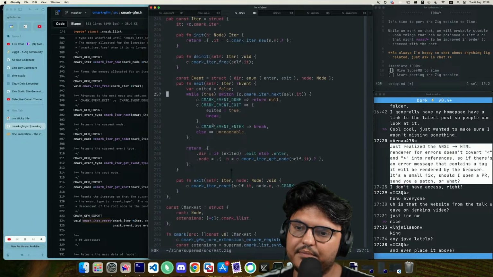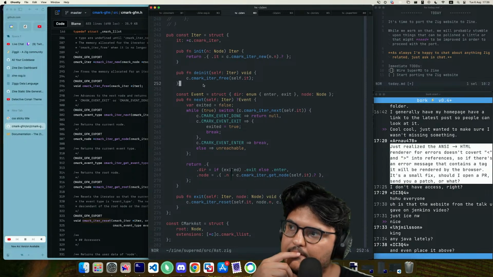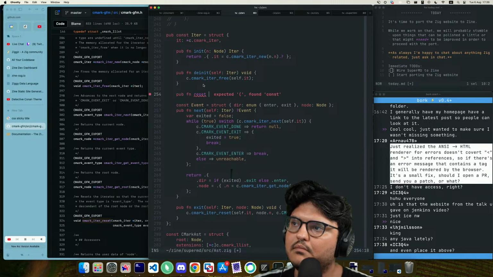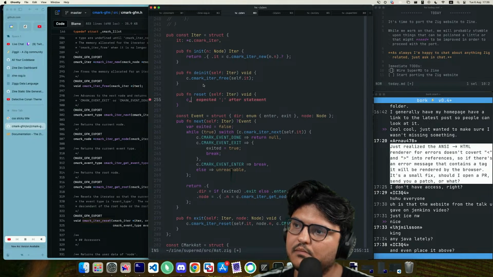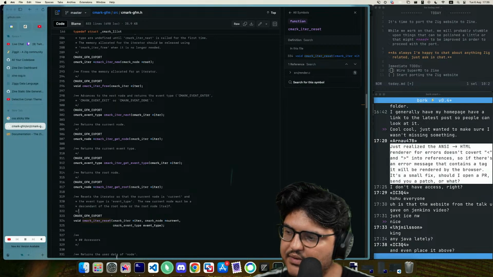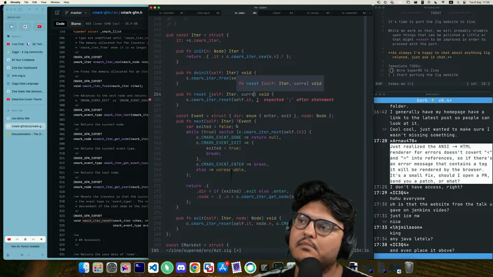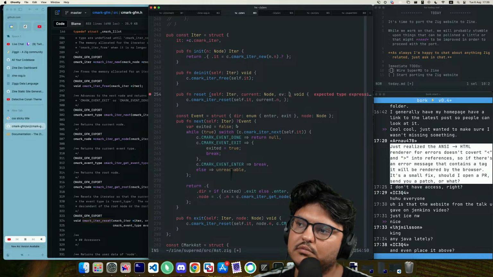Okay, let's add reset. So we were saying it wants current and event type. We need to make this a thing.